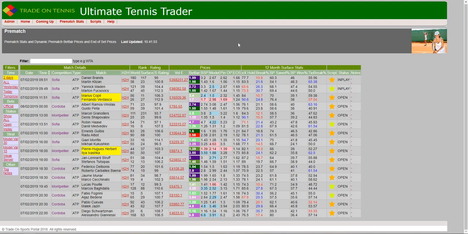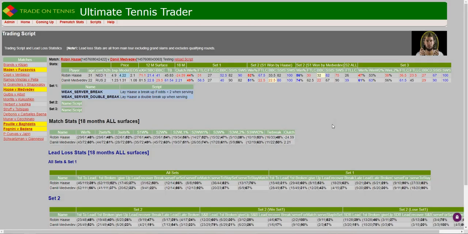So we go back to the pre-tennis odds screen and we continue looking at Haas and Medvedev. We move over to the final section of columns and we click on the star here. Now this gives all the scripts and lead loss stats for the two players involved in this match. Now it gives you possible trading scenarios and suggestions. Gives you the match stats, 18 months, all surfaces. It breaks that down into win percentages,